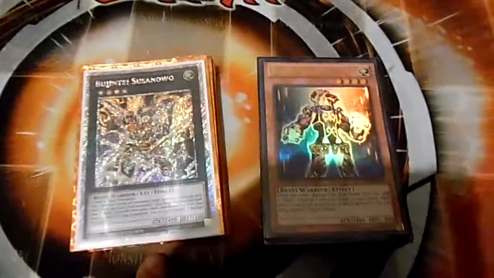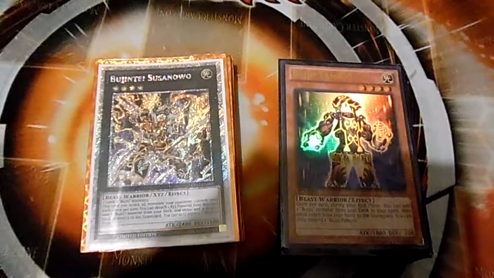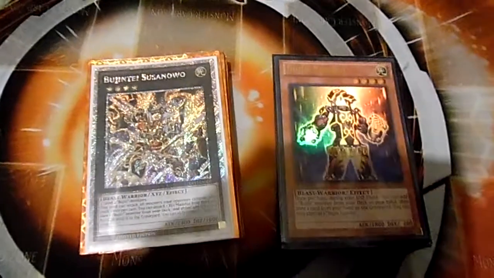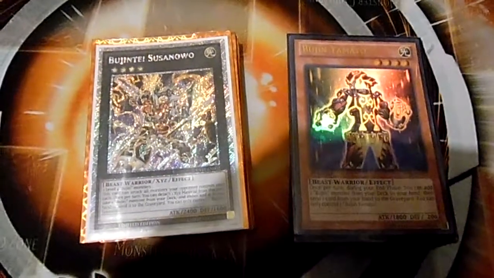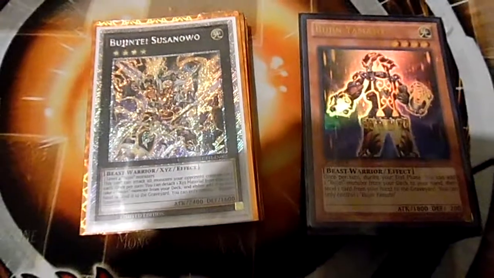I call this a Bujin deck Yamato Turbo because although, as I said, Bujins aren't really fast, this deck focuses mainly on just setting up your graveyard and hand with Yamato as much as you can possibly. Now, that doesn't sound very original, but from what I've noticed in today's Bujin matches, not just from deck profiles,